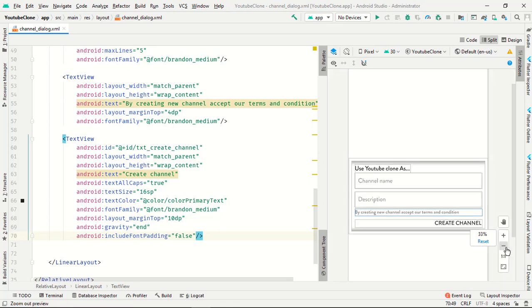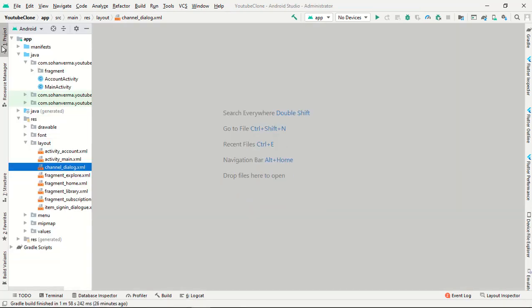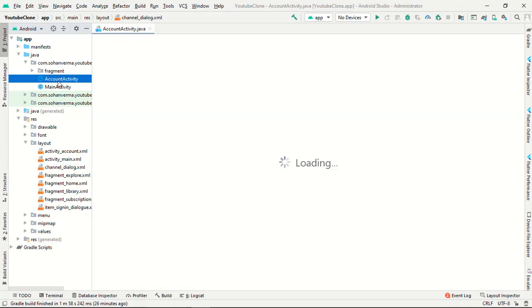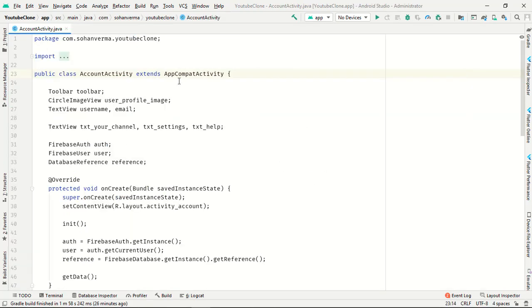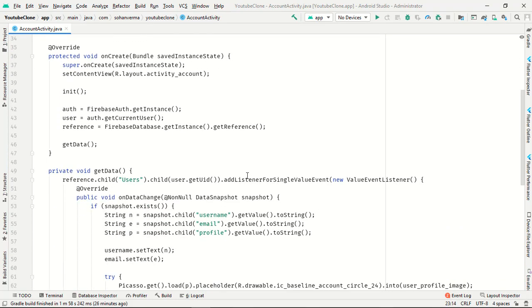Looks fancy. Yep. Now just go to your account activity.